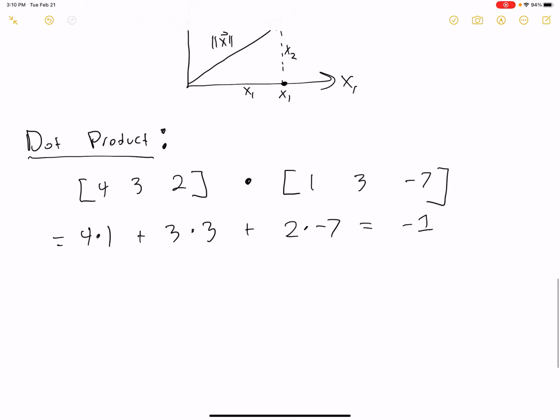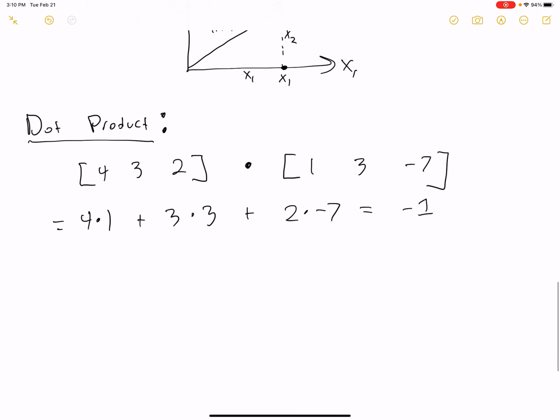And the dot product has somewhat of a geometric meaning as well. There's a formula: A dot B is equal to the magnitude of A times the magnitude of B times the cosine of